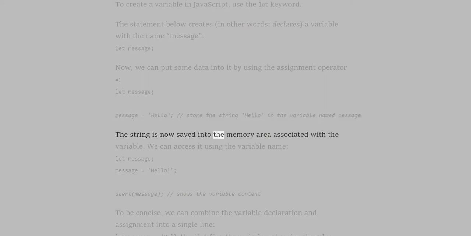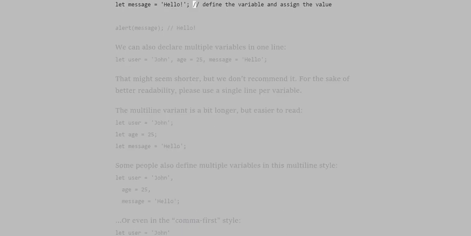The string is now saved into the memory area associated with the variable. We can access it using the variable name. let message; message = 'Hello'; alert(message); // shows the variable content. To be concise, we can combine the variable declaration and assignment into a single line. let message = 'Hello'; // define the variable and assign the value alert(message); // Hello